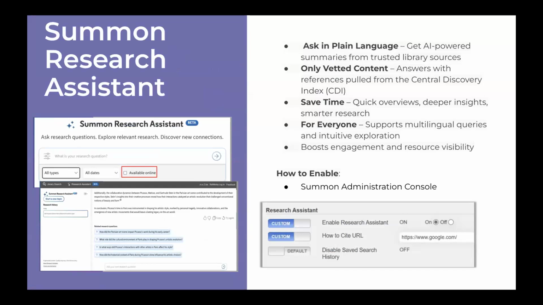Perfect. So the Summon Research Assistant is our AI-powered feature that gives you, I should say, patrons, quick, easy to understand summaries right from your trusted library resources. So it is an AI tool. There's no jargon, there's no rabbit holes. It just pulls smart and reliable overviews straight from the Central Discovery Index, our CDI. So the information's solid, it's pulling from the index. Patrons can go ahead, just like with other AI search tools, and put in an open-ended question or concern, or say, hey, I'm looking for XYZ, can you help me find it? And then the query will run, and helpful information will be provided to your patron,